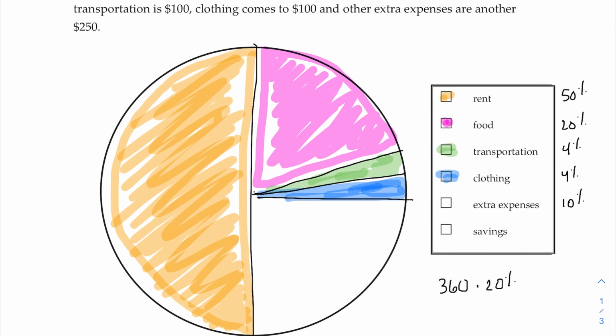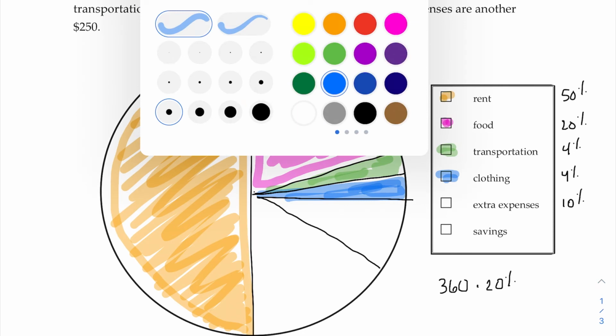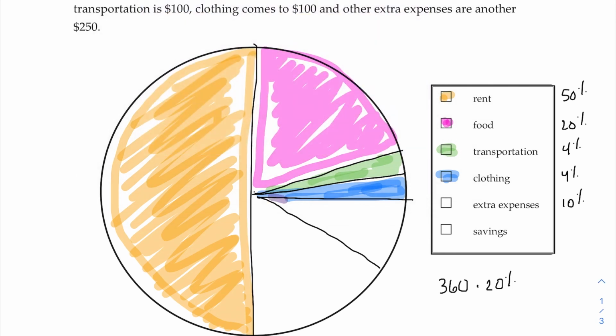And last, I have extra expenses, which is 10%. So that's going to be a little bit bigger than those 2 combined. Okay, so let's say that's my extra expenses. I'll give that one its own color. All right, let's see here. What didn't we use yet? How about purple? So if I give that one its own color, purple. All right, and then all I have left here is savings, right? So